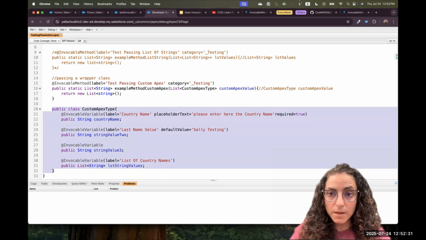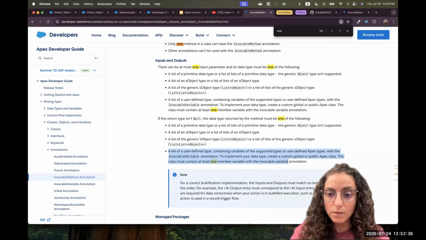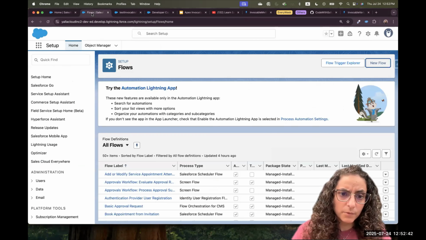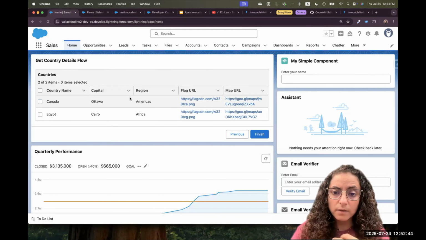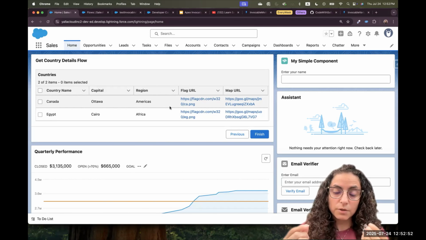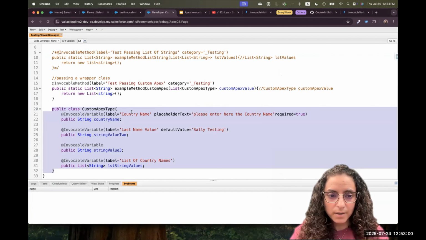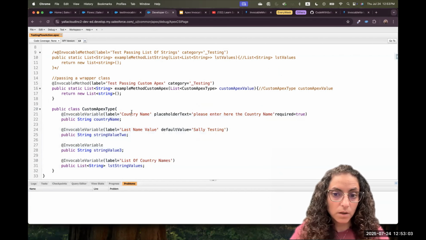And by the way, the custom Apex type is not just for the input, but for the output as well. You can have a list of custom Apex. That's when, for example, we work on the example we have here for the flows, we collect the data from the API. Then we want to return country name, capital, region, flag URL. So for each country we want to return a custom defined Apex that has those parameters that we want to pass. So that's the preference that I would suggest that you do, and the benefit of having invocable variables